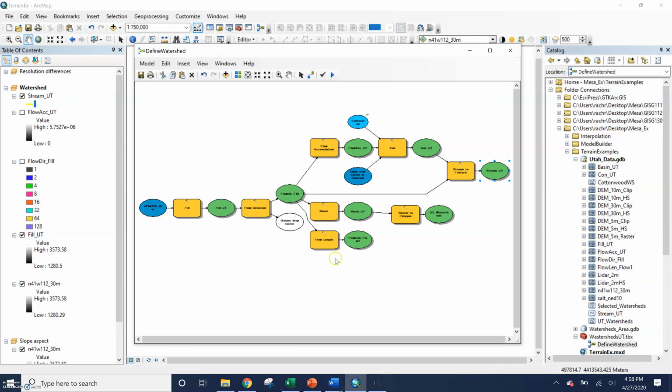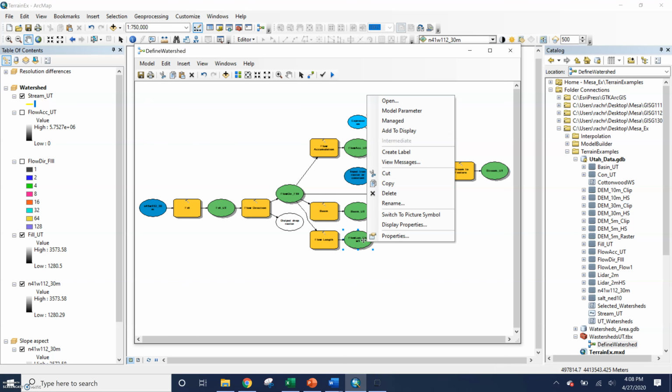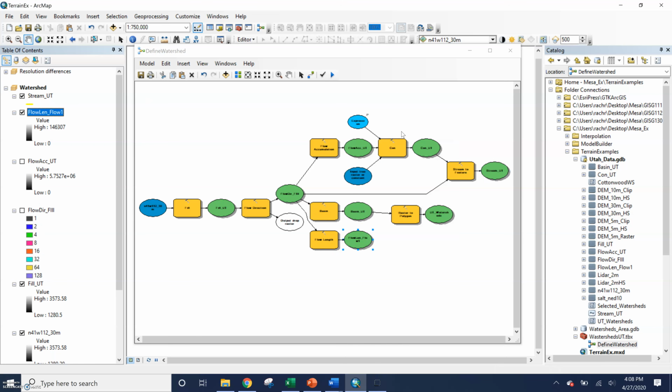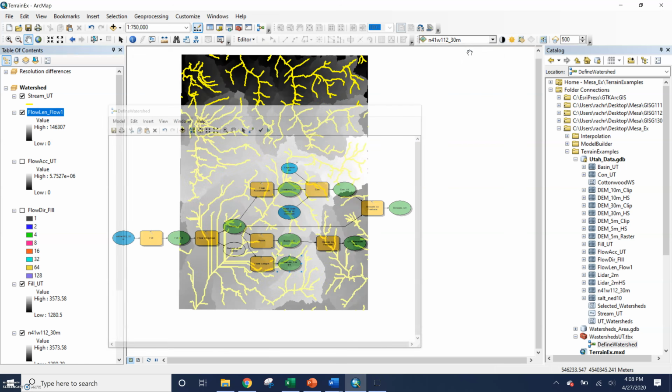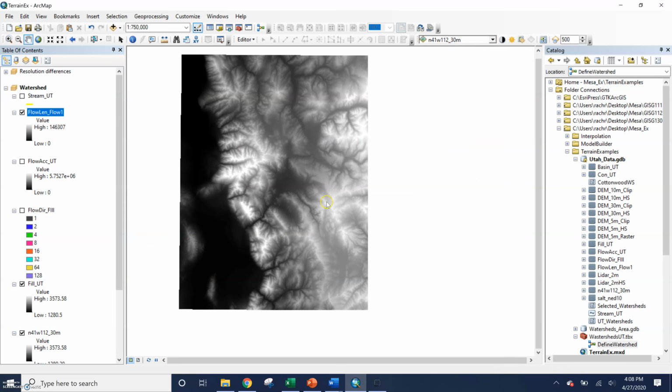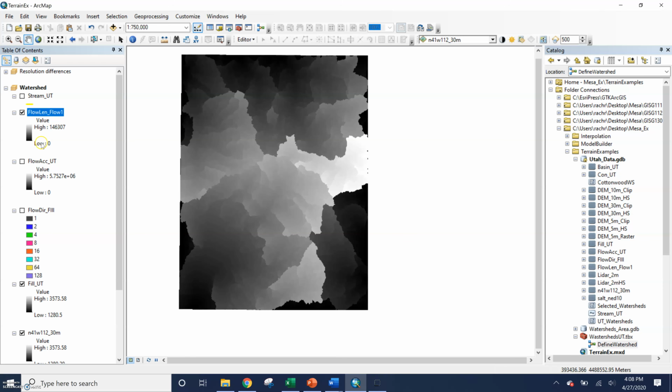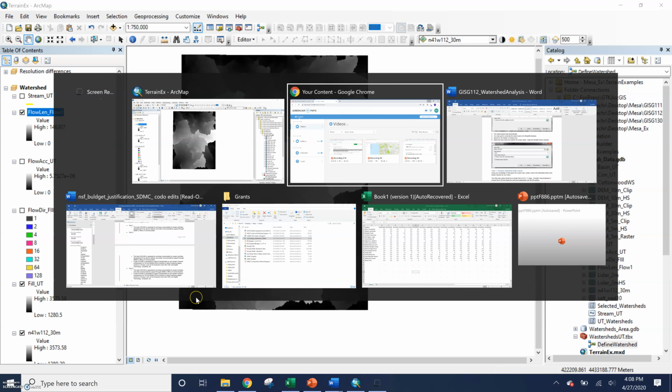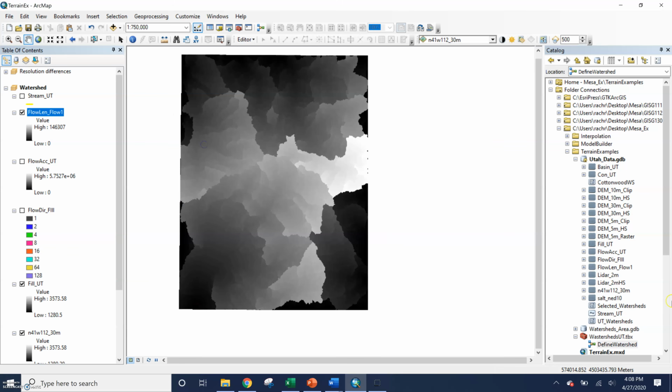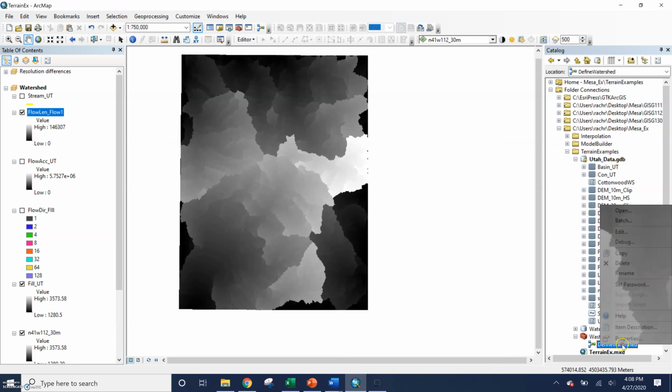Okay. So then our flow length output, we can find out the furthest distance water had to travel from one point to any point on the raster. You can see further distances are in the lighter colors, shorter distances are in the darker colors. You can see there's points of water traveling from here essentially to out over here. That's not what I wanted to do. And then last up, we'll add in